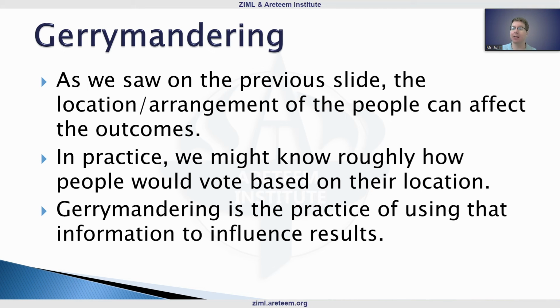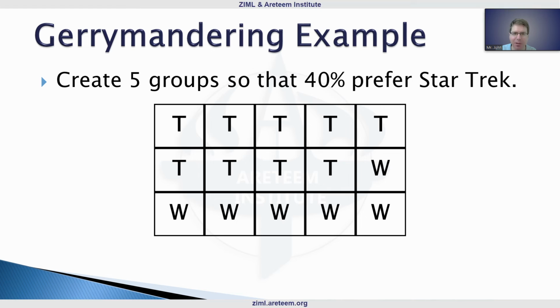How do we want to divide up the people? And then with that information, you could maybe decide how to change the way you're going to divide the grid and influence the results based on that. So let's see an example of this. Let's say, can we put Star Trek in the minority of the groups by looking at this grid here as well? Now, this isn't even going to be too crazy of a grid, but remember, our goal here was